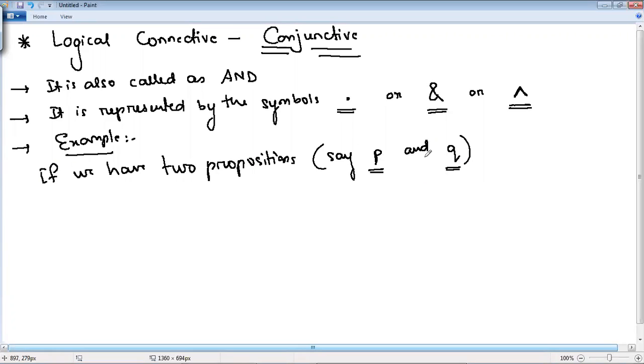Now, in order to join these two propositions by the conjunctive, how can it be written?